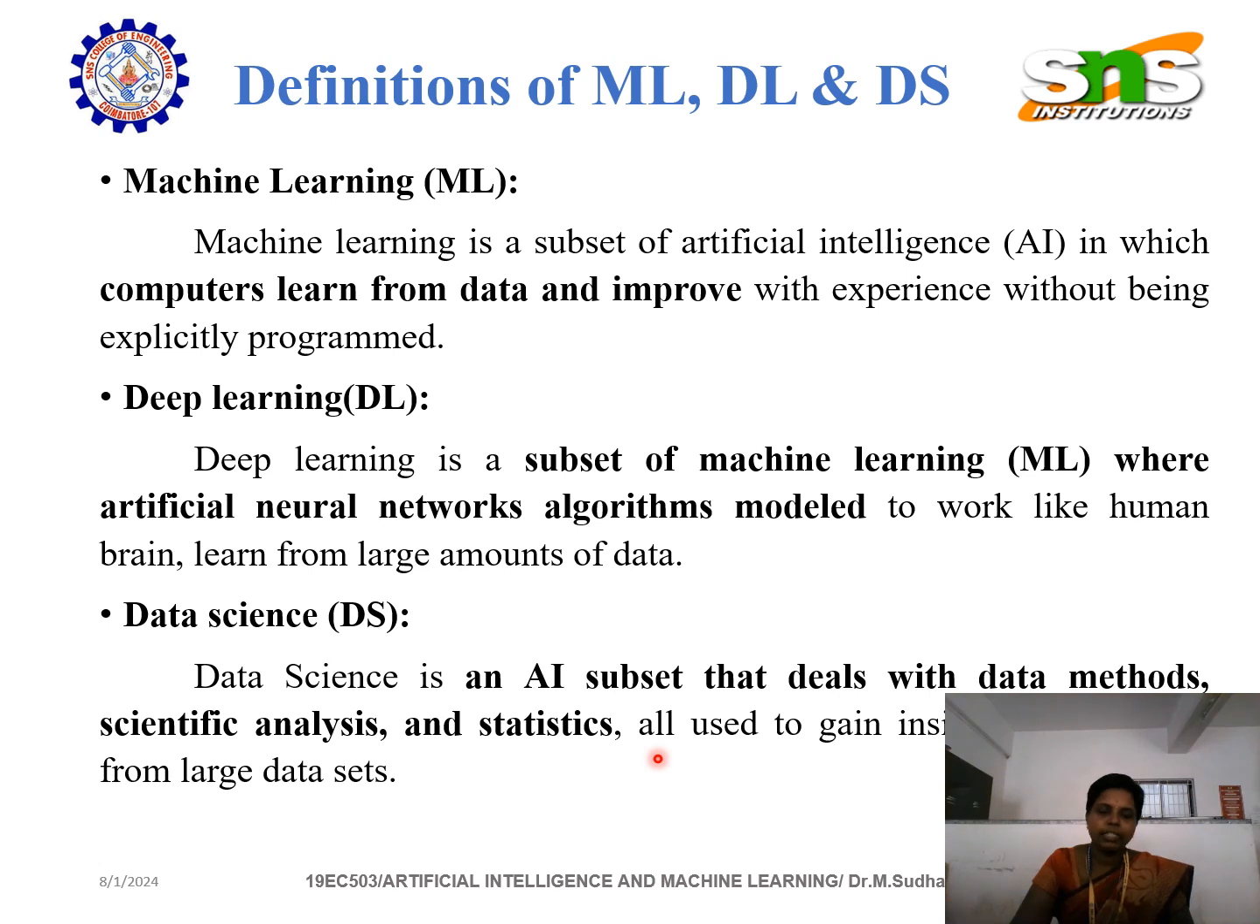Next, coming to data science. Data science is an AI subset that deals with data methods, scientific analysis, and statistics. It especially deals with data analysis. That means it has a large amount of mathematical data, especially statistics, and it analyzes large data sets. Nowadays data science is becoming more popular, where work that humans are unable to do will be handled by data science. So these are the definitions of machine learning, deep learning, and data science. Next we'll move to the